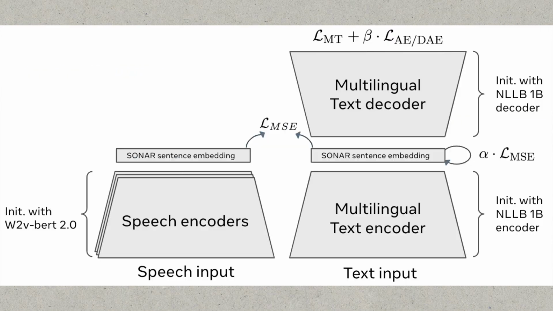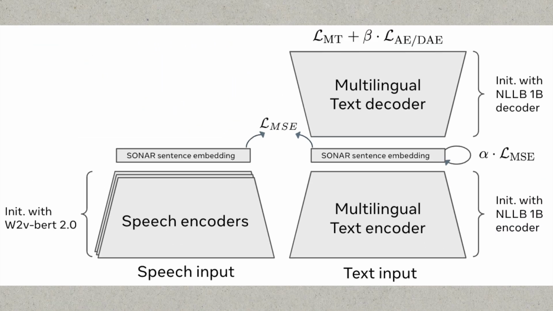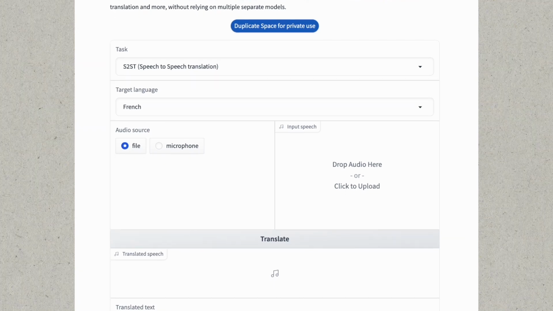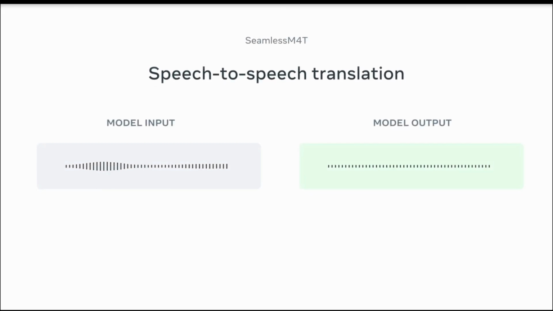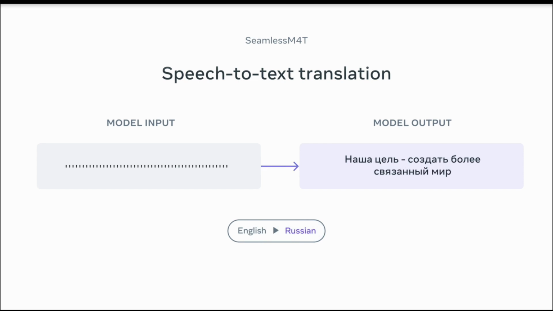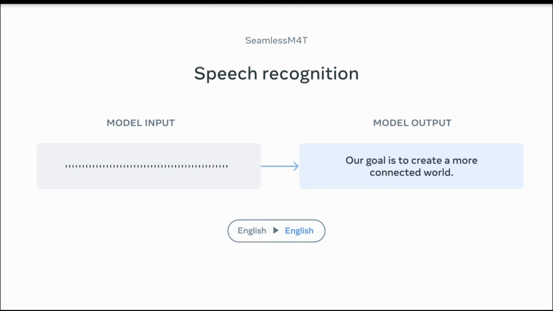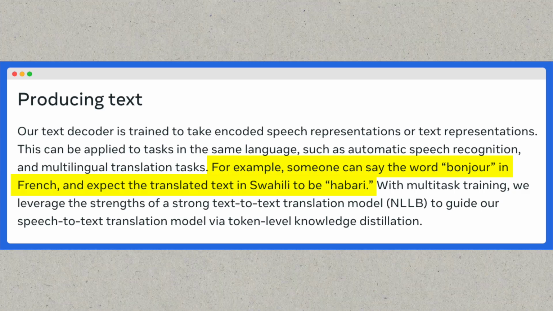In a similar fashion, there's a dedicated text encoder based on the NLLB model. This text encoder has undergone extensive training to comprehend text in nearly 100 languages and generate representations that prove valuable for translation tasks. Now, when it comes to producing text output, the text decoder is versatile and can work with encoded speech representations or text representations, depending on the task at hand. It's adaptable for tasks within the same language, such as automatic speech recognition, as well as multilingual translation tasks. An example illustrated on the Meta AI blog post reads that someone can say the word bonjour in French and expect the translated text in Swahili to be